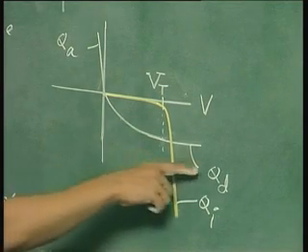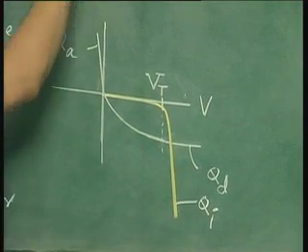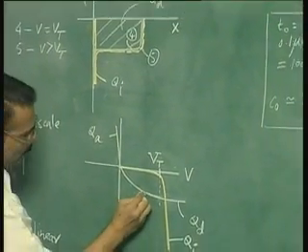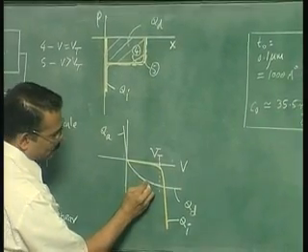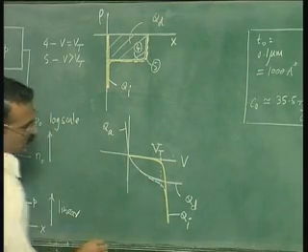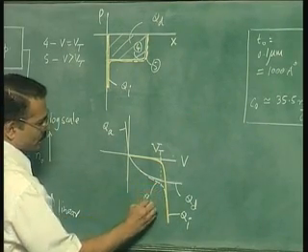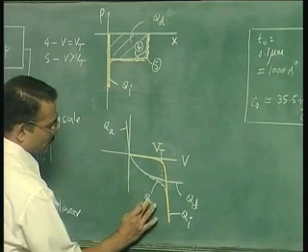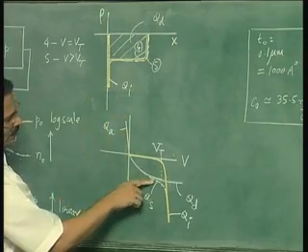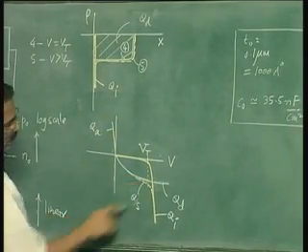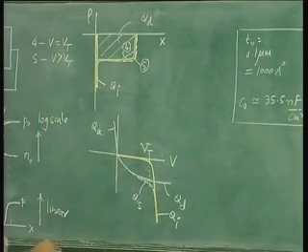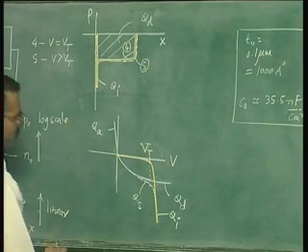The silicon charge is given by the sum of Qd and Qi, because this total thing is the silicon charge. So if you want to sketch the silicon charge, that would look something like this, that we will show by dotted line. So this dotted line is Qs. Here of course the Qs and Qa are the same. Here this Qs is obtained by summing up these two. So beyond threshold it is almost Qi, and below threshold it is almost Qd. So that is the charge condition.